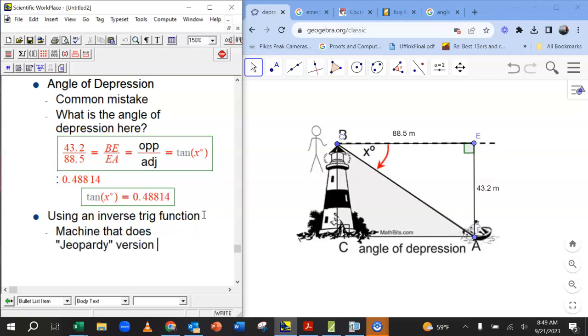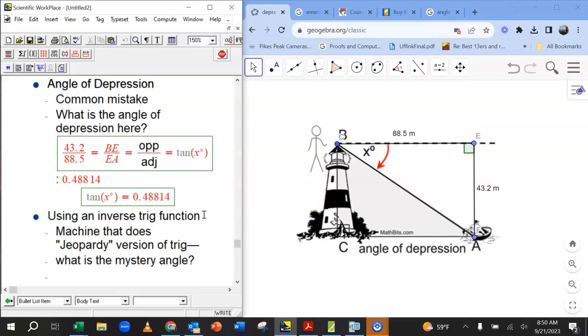I always like to shout out Jeopardy because of our former faculty member, Jason Zeffirneri. By that I mean, if I'm going to tell you the output of a trig function, a trig ratio, and I'm going to say what mystery angle